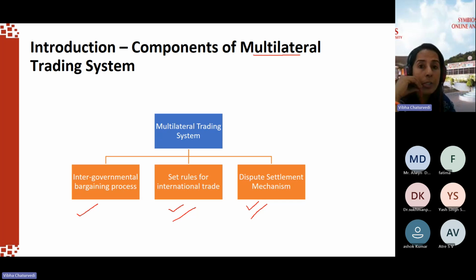under WTO, there was a court of arbitration that was provisioned, which is going to hear and adjudicate on the dispute. It is either going to set a new rule or a new precedent, or make a new regulation, or relax some earlier rule, or revise it according to the judgment passed. So a dispute settlement mechanism was also provisioned under the WTO. So a multilateral trading system has these three components. Now, if you are a part of WTO, it does not mean that your country cannot be a part of any other regional economic cooperation treaty